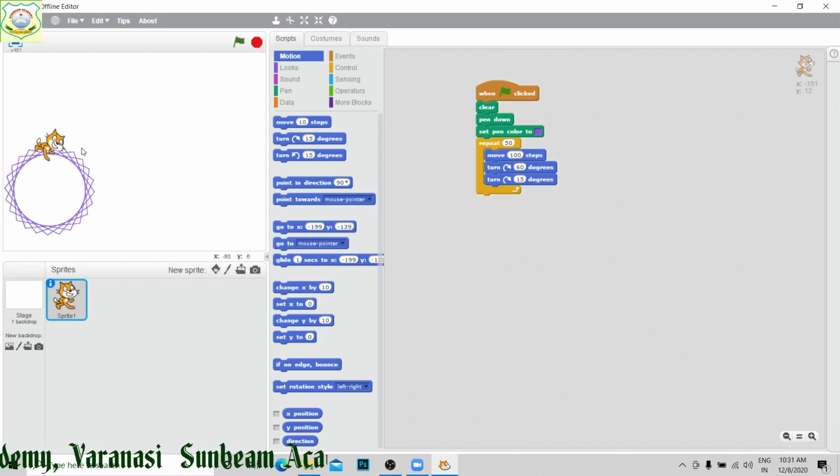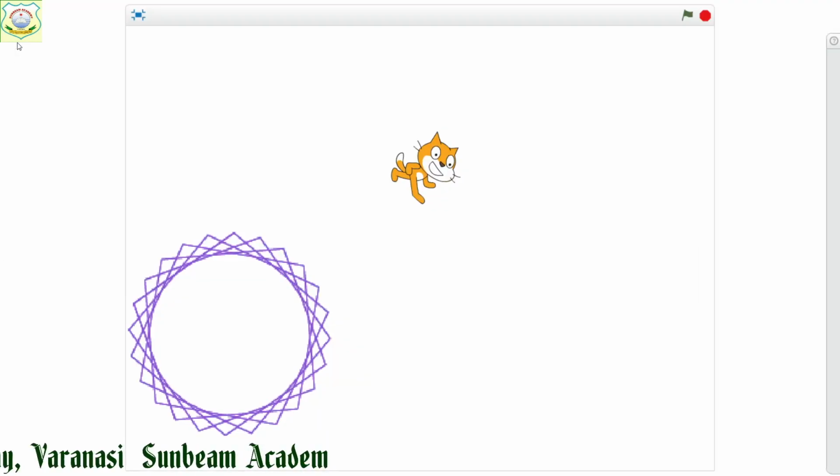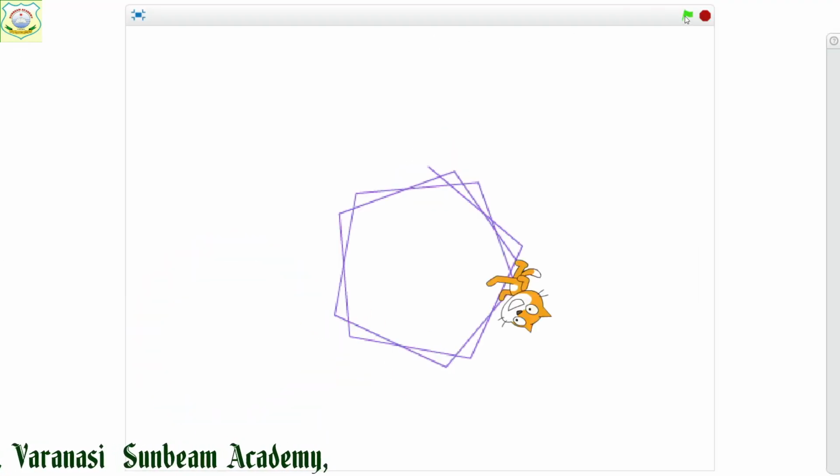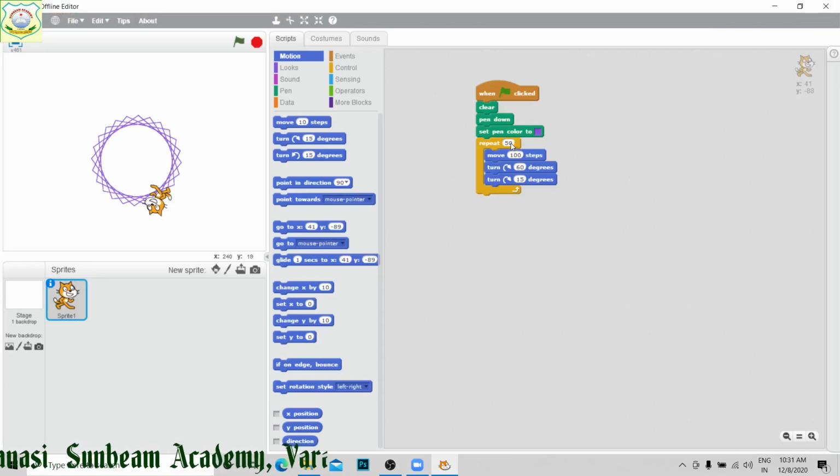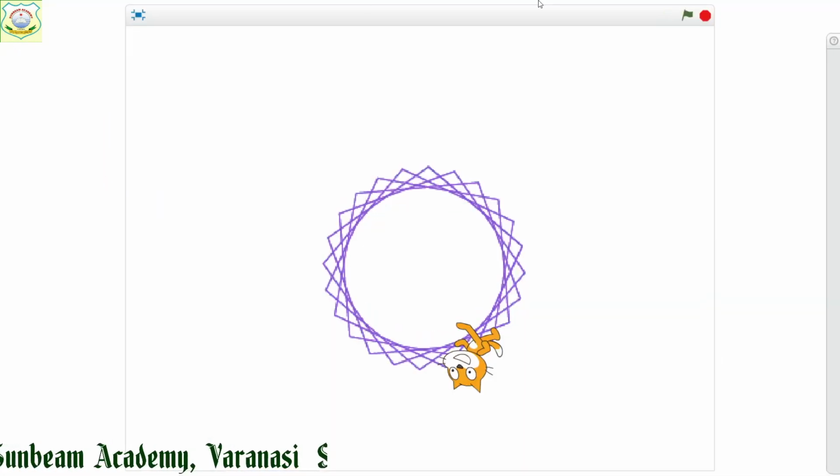Now see, I am going to put the sprite over here. See on full screen. This beautiful design has been created. If you want to make it more dense, then decrease its size first and increase the number of repetitions. After this, when you run this program,